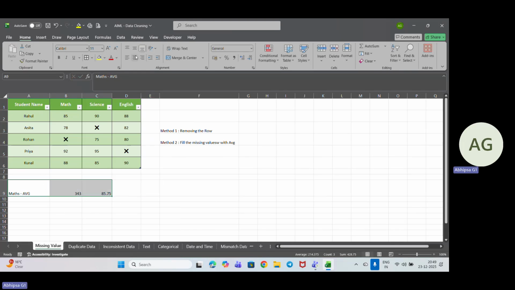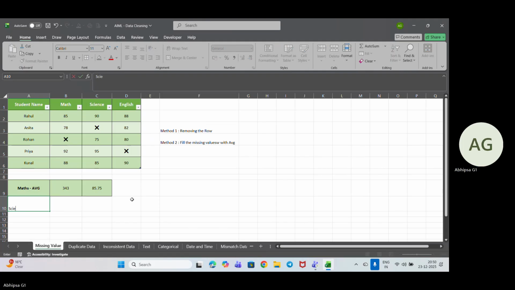Let's take it accordingly. I just want this color, so I'll use format paint and do it. So we are getting it like that. We'll just bold it so that it is easily understandable. Now coming down again for the science marks, science average. For this, we will do 90 plus 75 plus 95 plus 85 divided by 4. So of course, it will give us the result around 86.25,